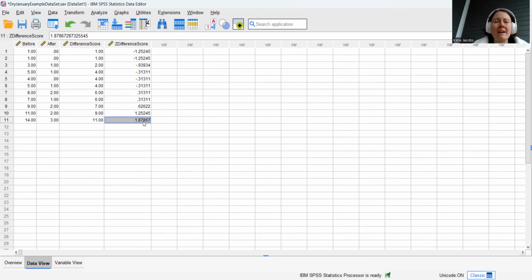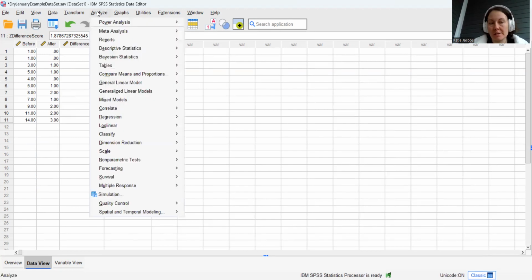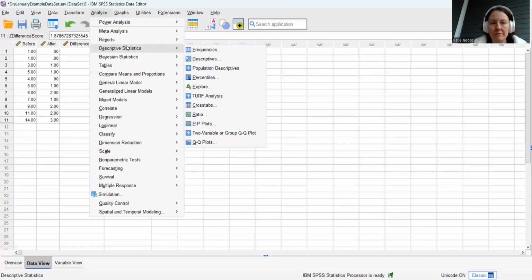Another assumption that we have is that our difference scores are normally distributed. One way that we could check that is we could take these difference scores and put them into a histogram and examine to see if we think that it's normal. Or a more sophisticated way that we could do that is to do an analysis called the Shapiro-Wilk test for normality. I know that different teachers teach this in separate ways, so I'm not going to hold you accountable for having to do that,